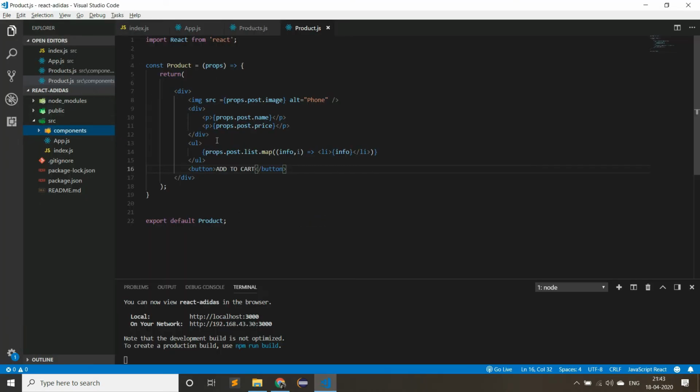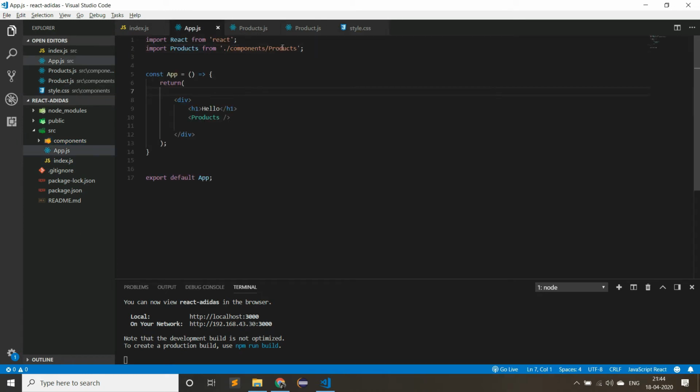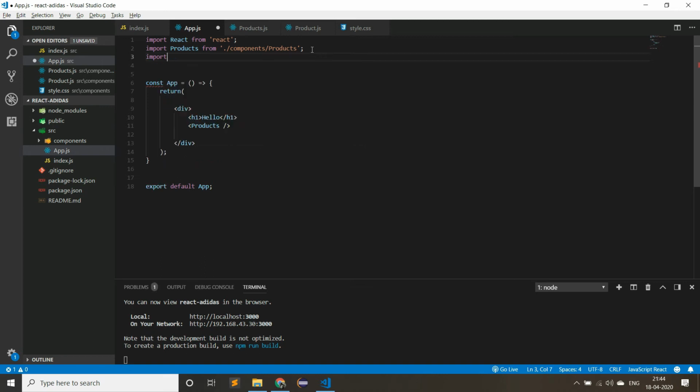Okay, now let us add some styles to the products. For that, inside of the components, let us create a new file called style.css. First let us change the header. Inside of the app.js, let us import the styles like import. Dot slash components, inside of that we have style.css.